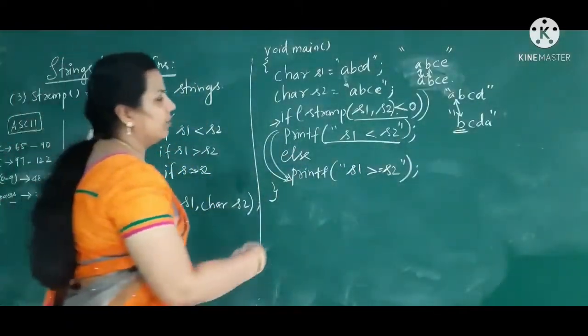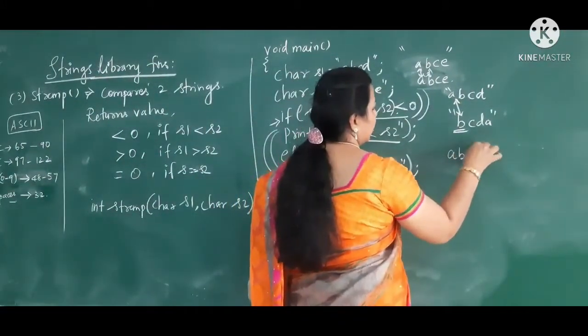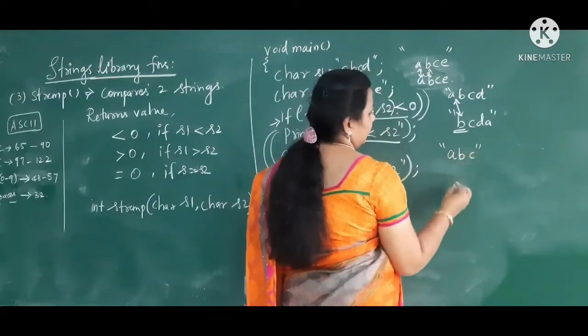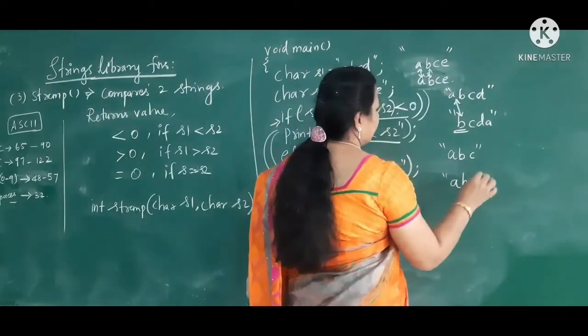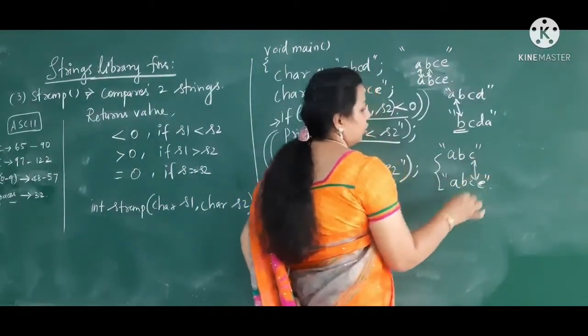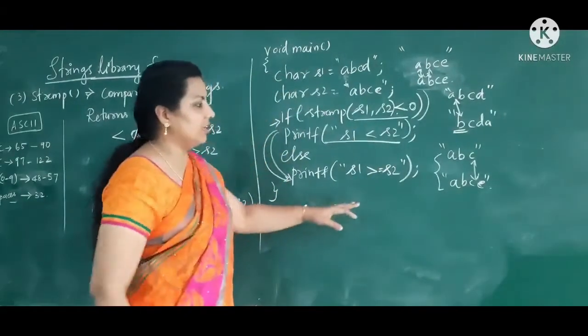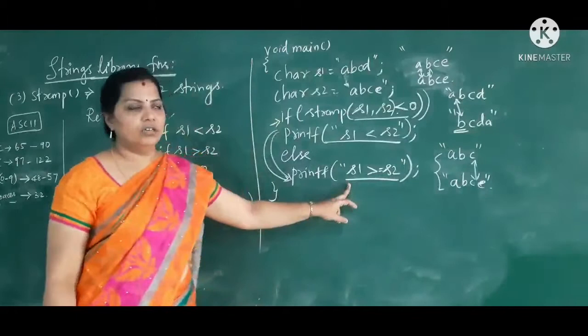Now say for example, there is another constraint, like I am having the first string to be 3 characters and the second string to be 4 characters. So this is again another consideration where, when you compare these two, the length is not matched. So what happens in that case? That case is also the else part getting executed.